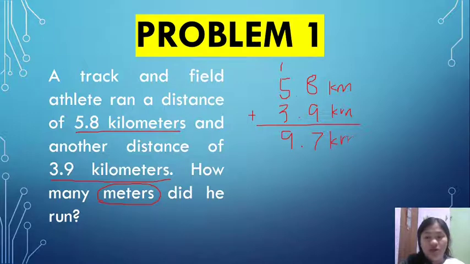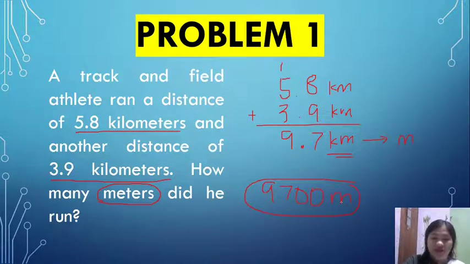So kung mapapansin niyo, kilometers pa po itong ating unit. Pero ang tanong sa atin is how many meters? Meaning to say, you are going to convert 9.7 kilometers pa going to meters. So if you're going to imagine our metric line from kilometer going to meter, we are going to move 3 units going to the right. And if you're going to locate the decimal point that's here, you move these 3 units to the right, your final answer will be 9,700 meters. So the athlete ran a total distance of